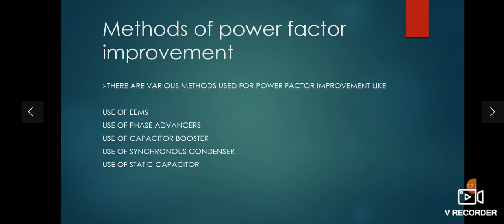If you place it at the receiving end, then you will get a better power factor, meaning you can improve the power factor. Then, use of the synchronous condenser or a synchronous motor. A synchronous condenser is basically used to improve the power factor of the transmission line. Synchronous condenser means an over-excited synchronous motor running at no load, which is connected at the end of the transmission line across the load to improve the power factor.